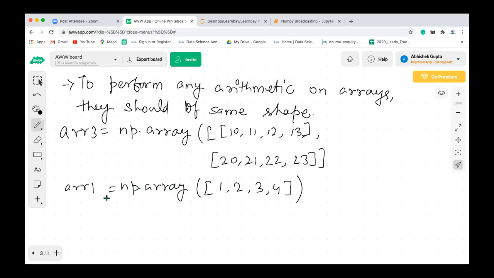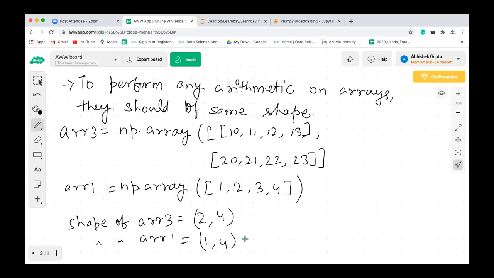The shape of array 3 is 2 rows, 4 columns. The shape of array 1 is 1 row and 4 columns. Clear? So this is the shape we have.